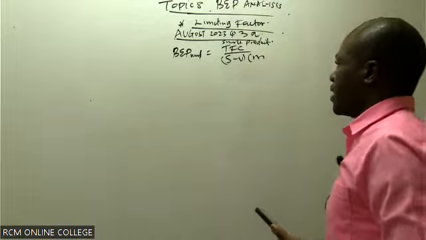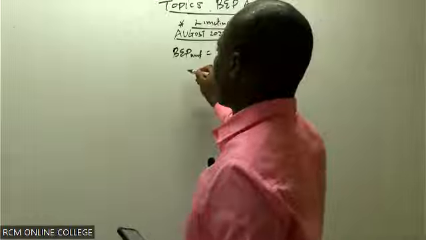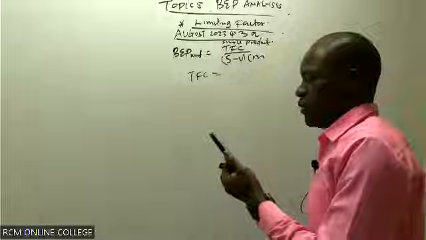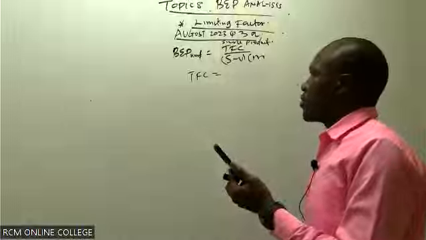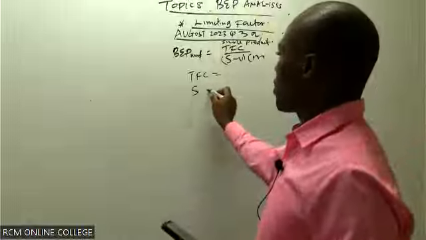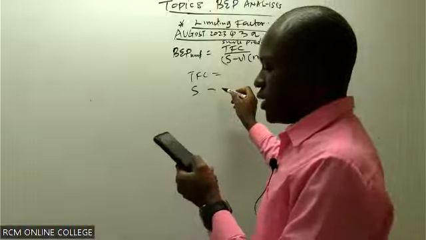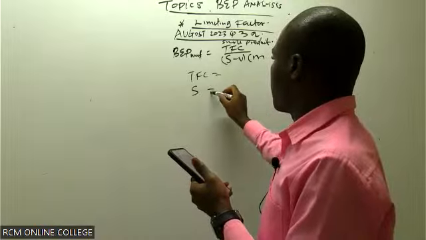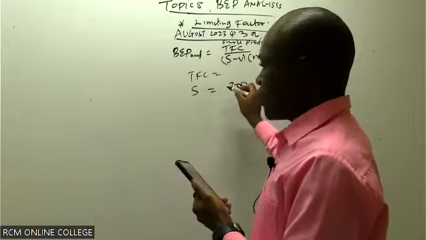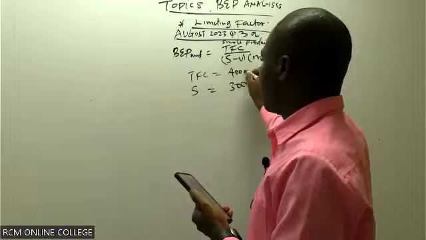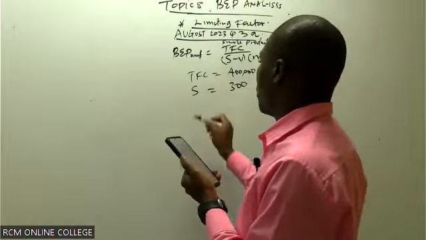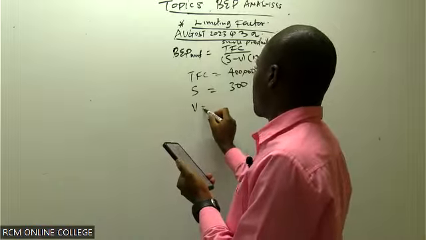Now, having done that, we should be able to identify this. Our total fixed cost should be equivalent to what figure? Our total fixed cost for the salon, we are dealing with the salon there as the only product or service they are offering, is equivalent to 400,000. Then we need variable costs. Our variable cost per unit of